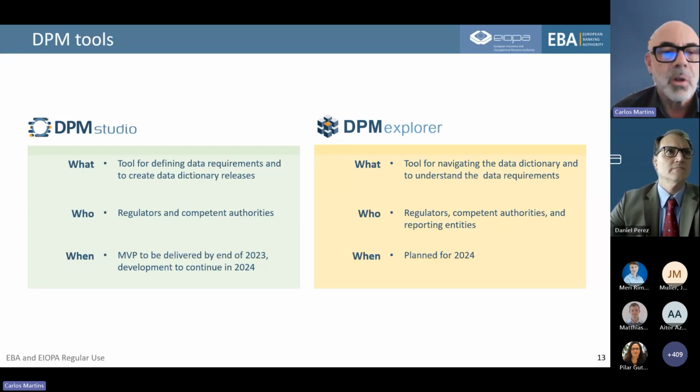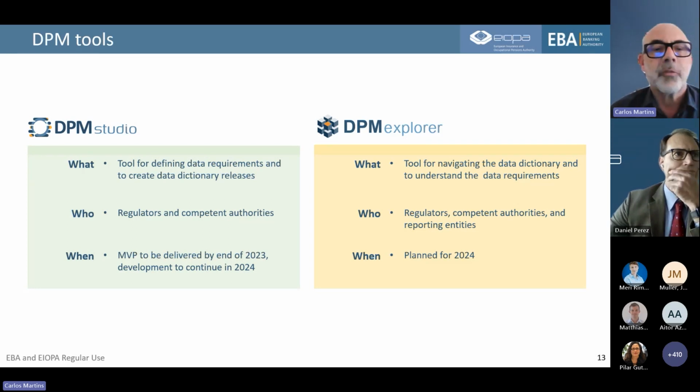This is a tool which will be used by regulators or competent authorities that need to issue reporting frameworks. For this, they need something that can update the DPM metamodel, which is not something you can do manually, of course.